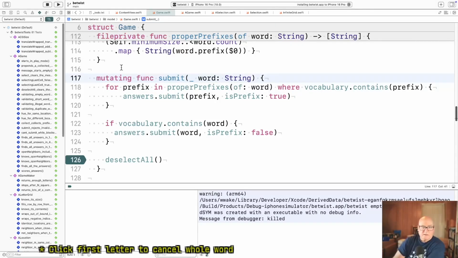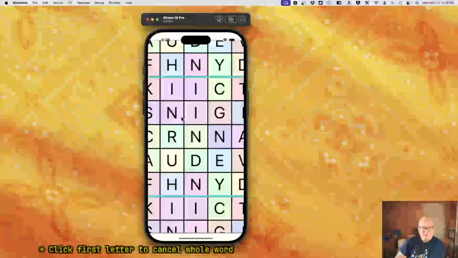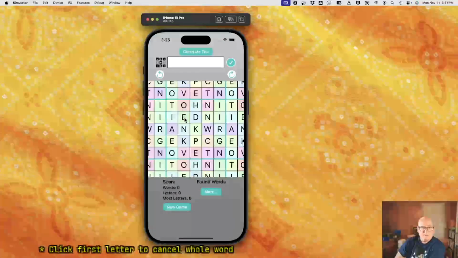I think submitting this word rather than piecemeal going out and getting something from the game is probably making it safer. But if you submit it twice,